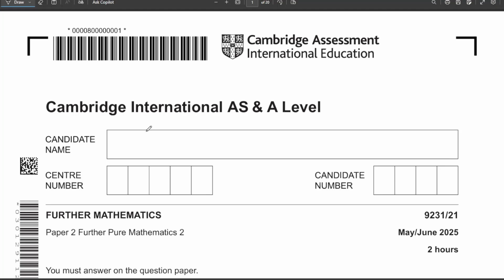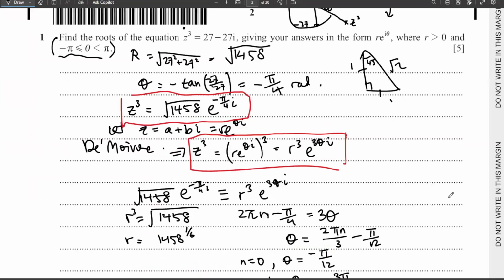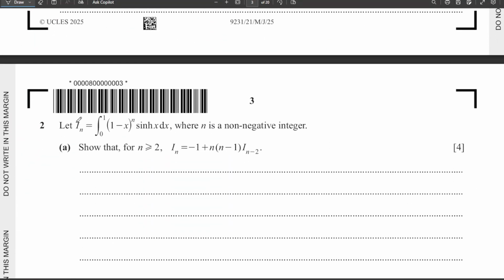Hi everyone, today we'll do Cambridge International A-Level Further Mathematics Syllabus Code 9231, and we'll do Paper 2 Further Pure 2 Variant 1 from the May-June 2025 series. I've already done question 1, now we'll do question 2. It's a pretty interesting calculus question involving definite integral and